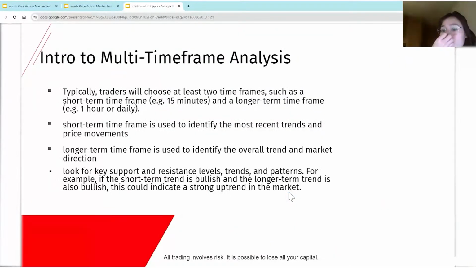Okay, so typically traders will choose at least 2 time frames, such as your short-term time frame and longer-term time frame. So like I mentioned, we don't go below 15 minutes because it's kind of